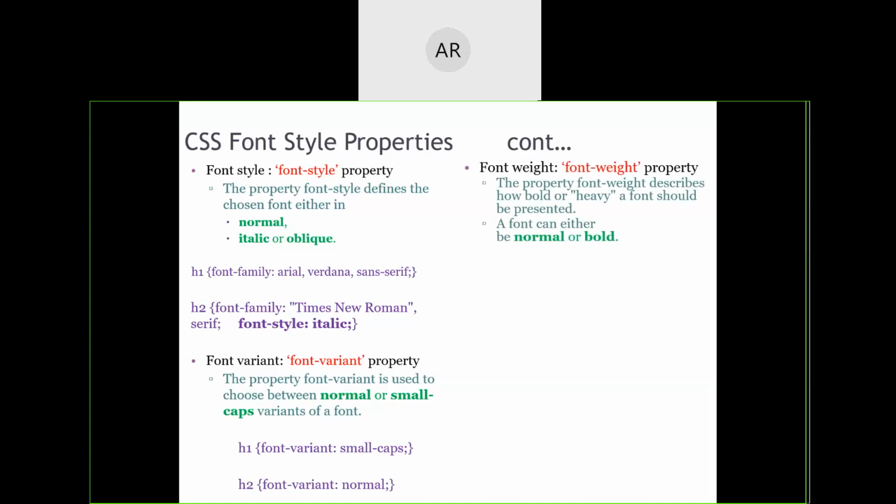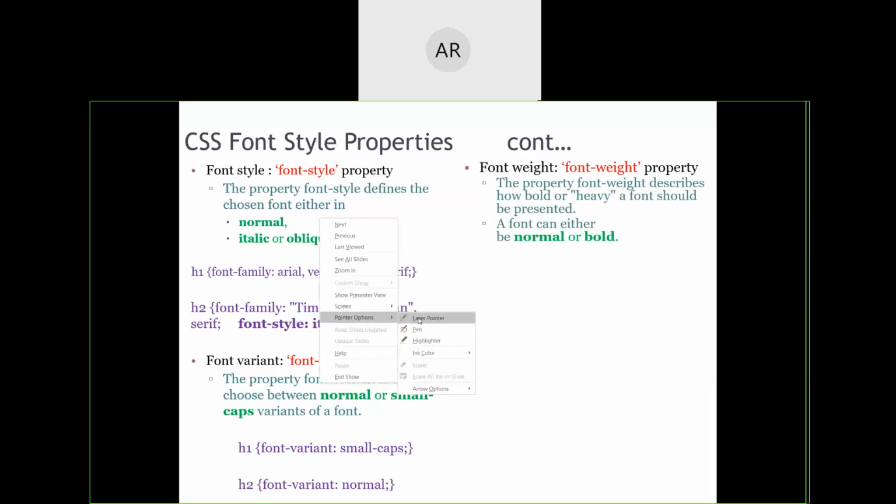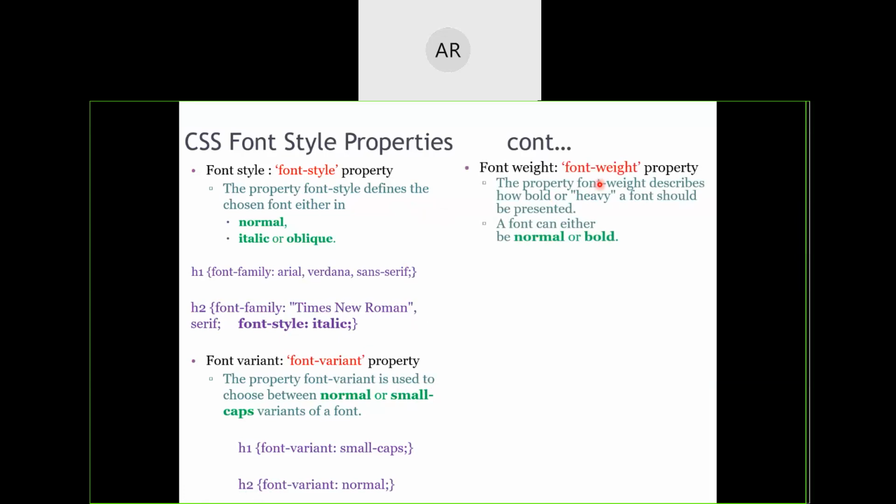We have one more thing called font weight. I'm sorry, I said here that we will have bold in font style, but it is coming in font weight. In font style, you have just normal, italic, or oblique. And in font weight, you have normal and bold.